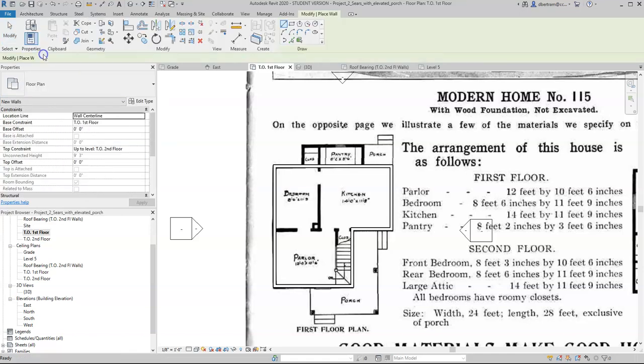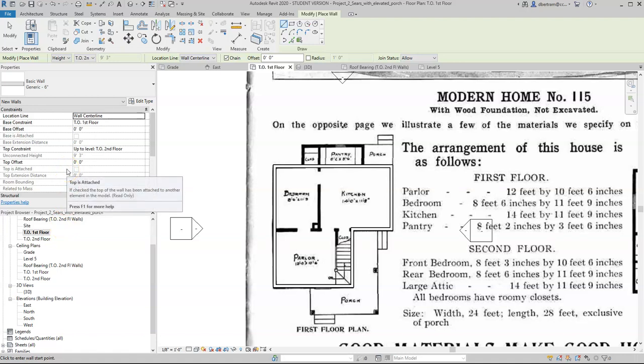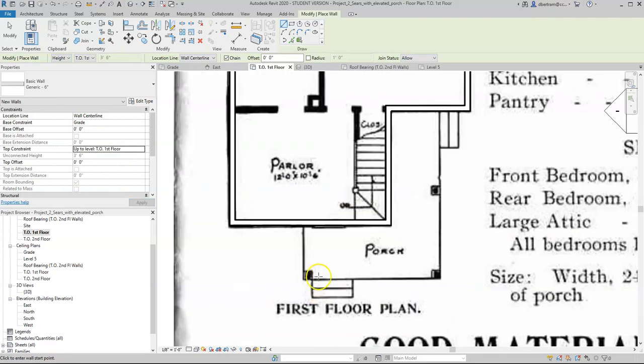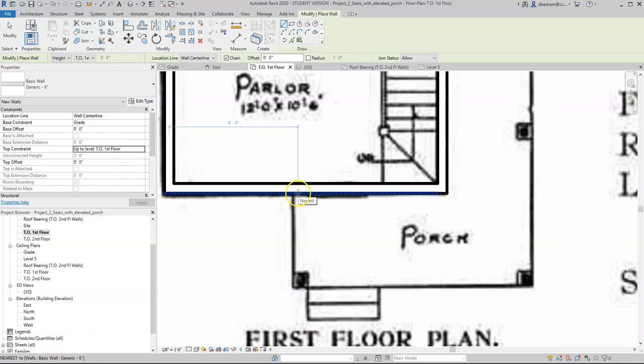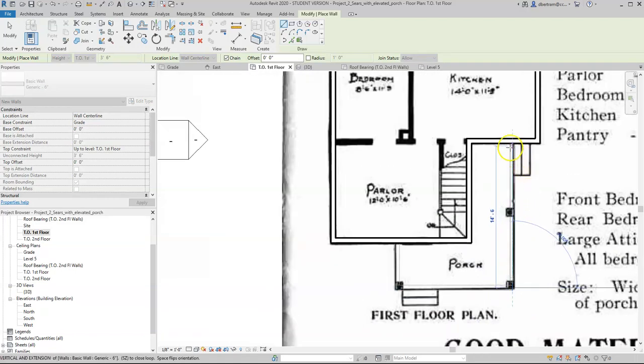So we'll go with a wall, and we actually have to put floors in as well. So I'll do these walls quickly, then I'll do the floors, and then I'll probably call that good for now. So let's see, we have 6-inch walls, that's fine, and I want these to go from grade to the first floor. Okay, and this is going to be for our porch. So I will start here, pull to what would be the center, pull back a little bit, and back into there. Okay, so that should be our